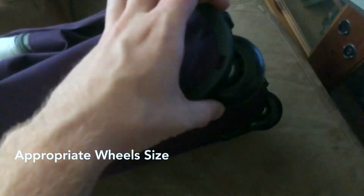The wheels on here are nice. Pretty good size. They're not the biggest, but they're also not tiny. We were at some points rolling these over little gravel paths, dirt and stuff like that. They were pretty solid. They worked out really well. It's very sturdy when it rolls. You don't feel them shaking or anything. They're recessed a bit, obviously, as you can see, so they don't stick out as much as maybe some other